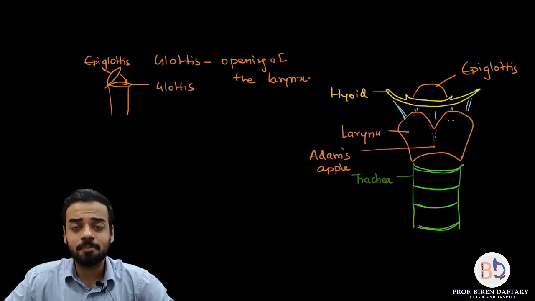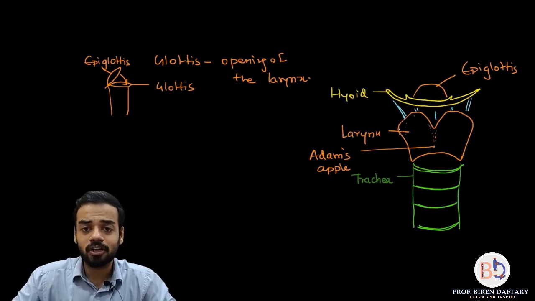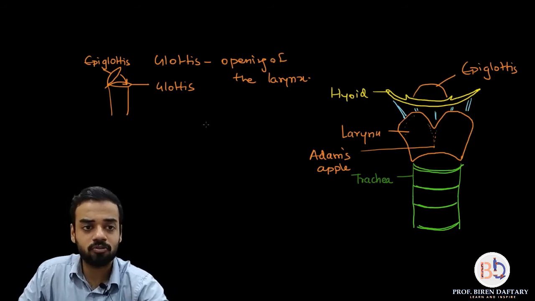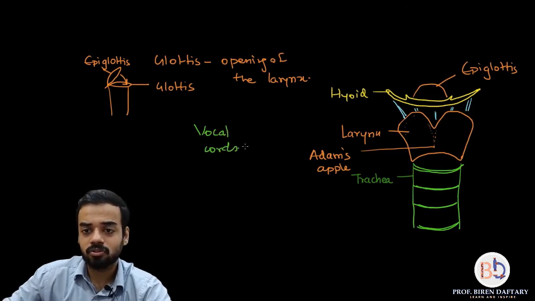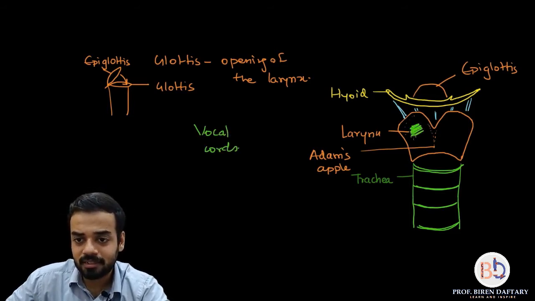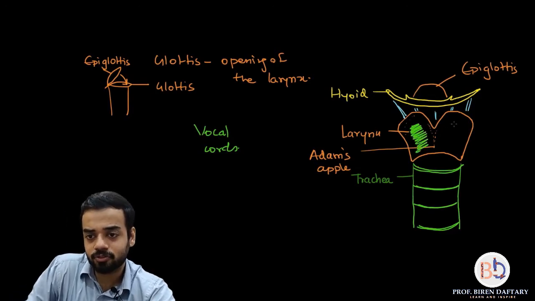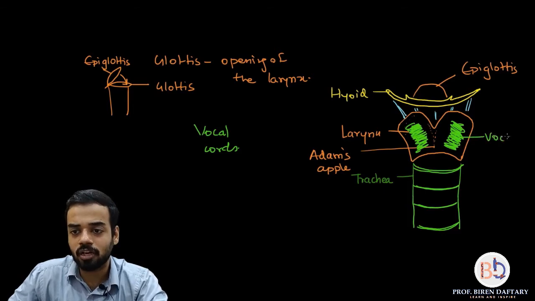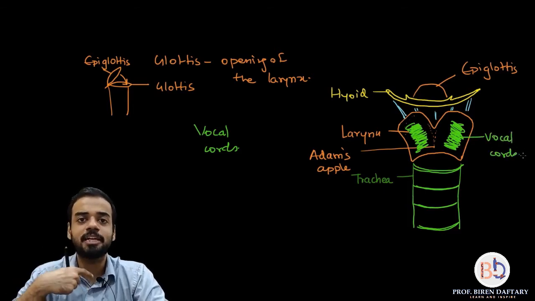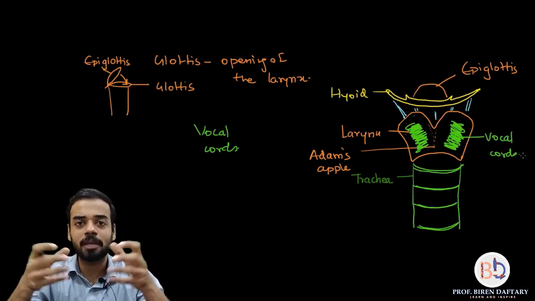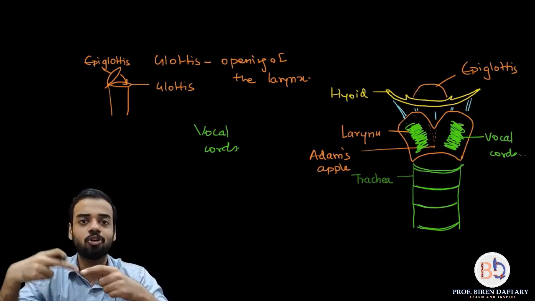The larynx is important because it has parts called the vocal cords. I'm going to write down vocal cords. Imagine this area which I have shown in green, so don't get confused. There are highly elastic membranous structures called the vocal cords. When we are breathing, the air passes through these vocal cords and they begin to vibrate, and because of that vibration a noise is generated.